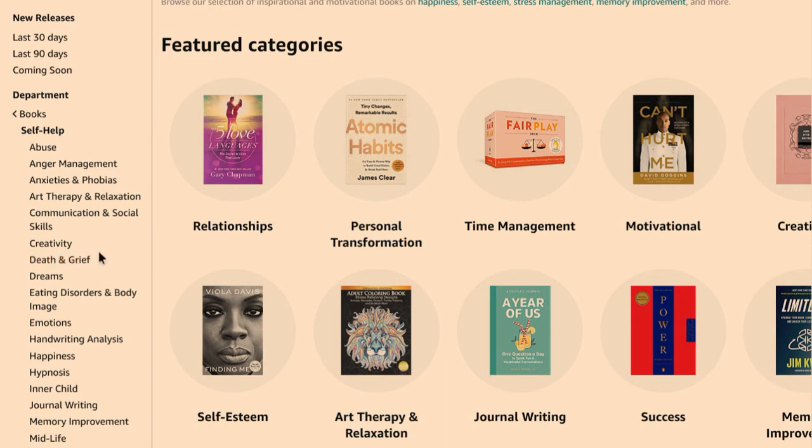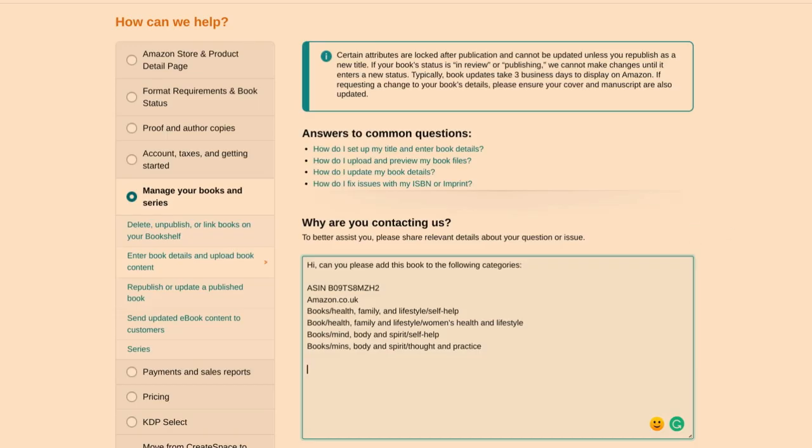So the categories in different countries are not the same. So I don't know what they have under the Kindle books, but this is what it is under books anyway. So in a minute, we'll skip back to KDP. Okay. So here we are back at KDP, and we can add these in for